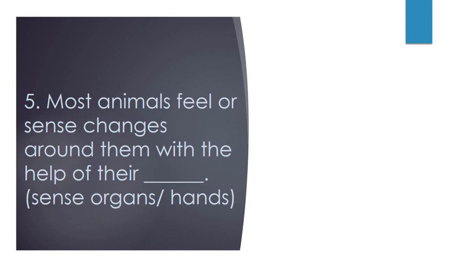So this is a very easy one, and I hope that you have written the answer and you are not waiting for me to display the correct answer. Anyways, it is my duty to display the correct answer. Here the correct answer is sense organs. Yes, that means eyes to see, nose to smell, tongue to taste, skin to feel, ears to hear. So these 5 are the sense organs which human beings have, and most of the animals also do have.